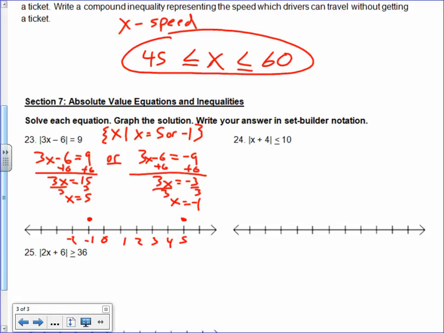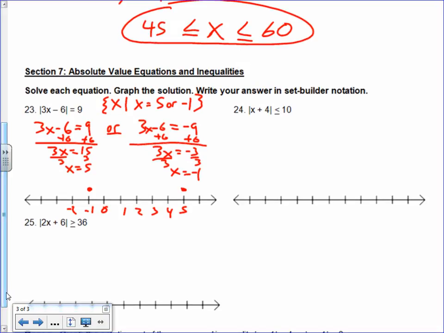All right, the other two are inequalities. So one is a less than or equal to, one is a greater than or equal to. Now remember, if you have a less than or equal to, we're going to make a compound inequality that would be an and. So we're just going to put that x plus 4 in the middle here. Use the less than or equal to symbols. The far right will be the 10, the far left will just make that a negative 10. And then to solve it, you subtract 4 from both sides, or all three parts. So you have x by itself,